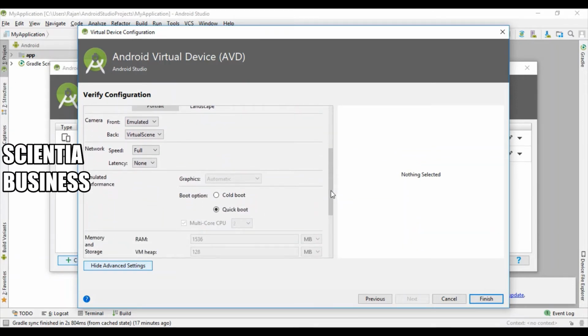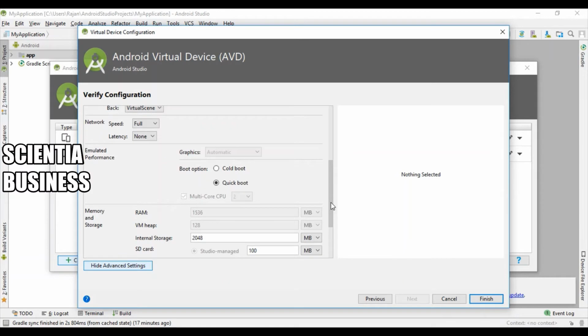So here you will see that the RAM which the Android virtual device will be using is this much, 1536, and internal storage would be 2048. Depending upon your requirement, you can increase or decrease the RAM or the internal storage.